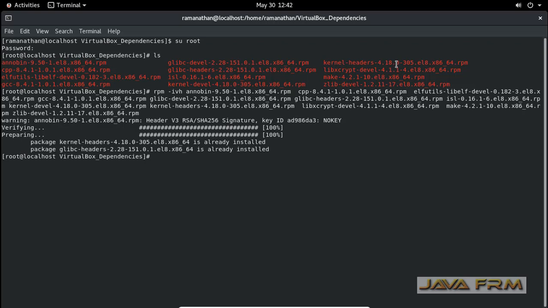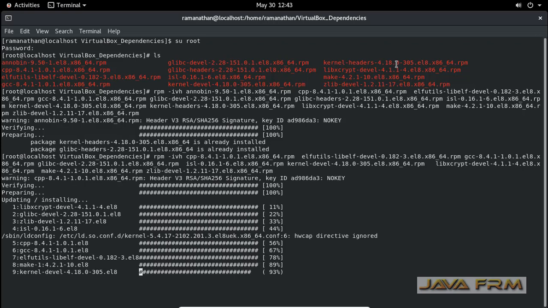I can see that these two RPMs are already installed. Once again I am installing. So removing those RPMs, I am installing them newly.